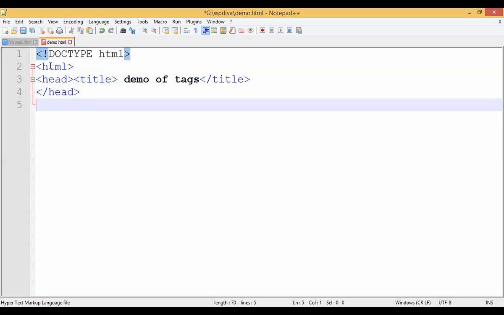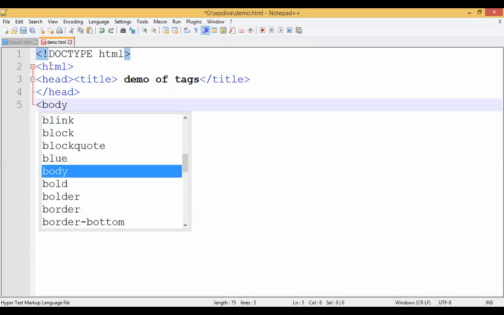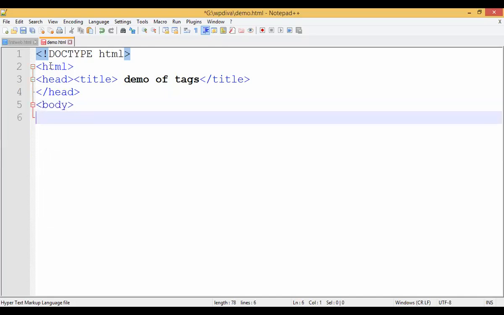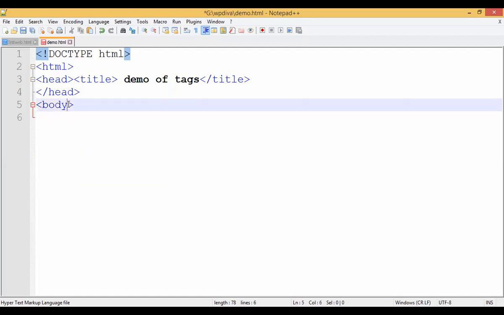Then afterwards, you're going to open a body tag. In the body tag, I want to tell you two things. One is the attribute, how to apply attributes, how to do opening and closing of tags, singular tags, and I'm also going to tell you paired tags. So first, let me go for body. I'm explaining tag names now. First, let me type, then I will tell. So first I'm explaining body.